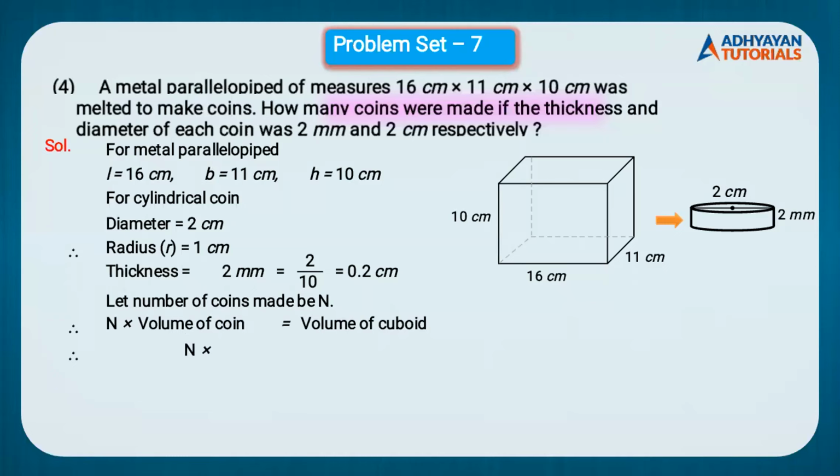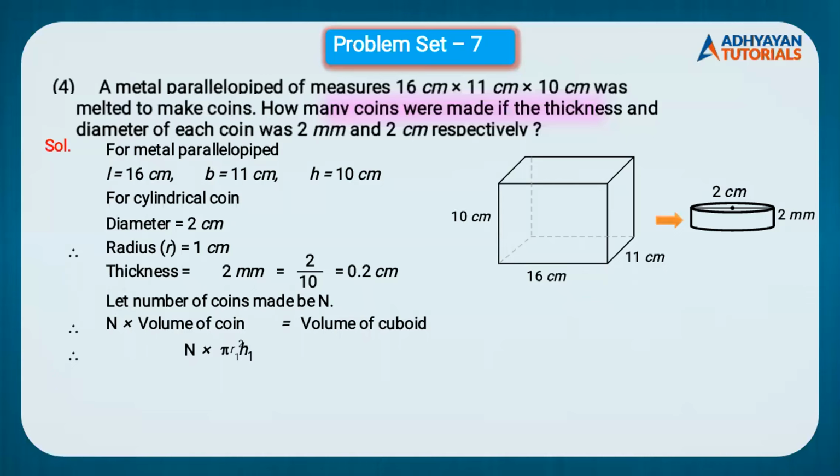Now the coin is a cylinder. So the volume of a cylinder, come on, tell me what is the formula? Yes, the volume of a cylinder is pi r square h. But students, in this sum, there are two h. One h is of the cuboid. Can you see at the start, the height is 10 centimeter? And the thickness of the cylinder is also h. So to avoid confusion, we will consider the thickness as h1. Again, I repeat, to avoid this confusion, we'll consider the thickness of the cylinder as h1. So the volume of the coin is the volume of the cylinder. So the formula would be pi r1 square h1.